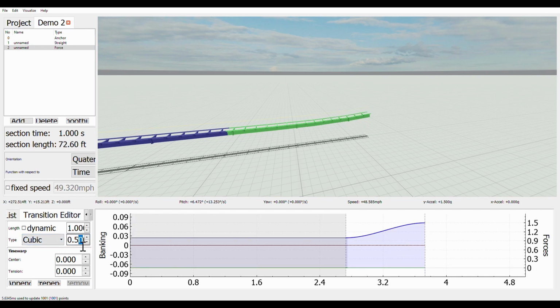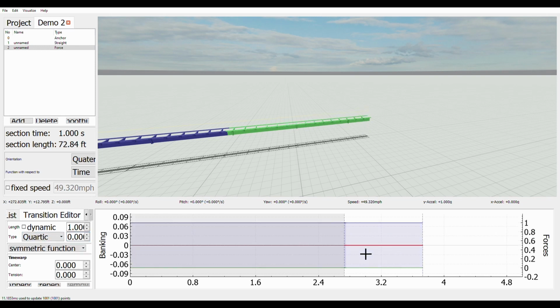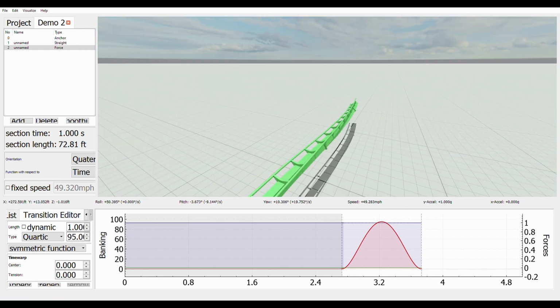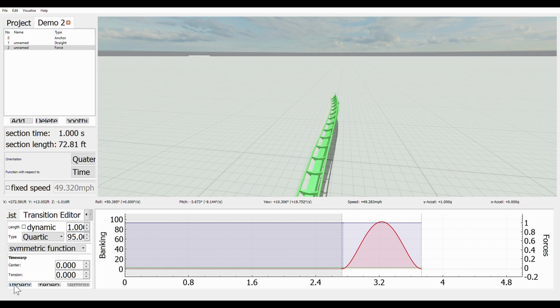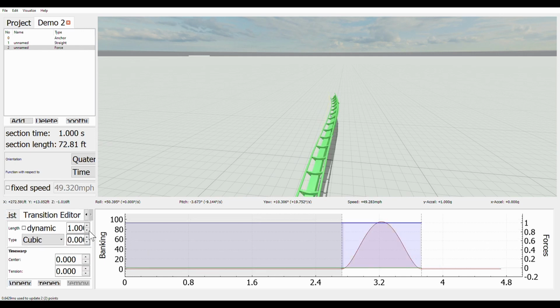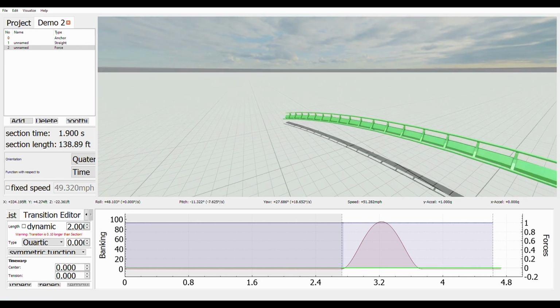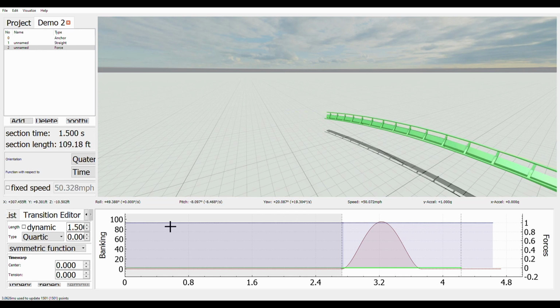Then we have red, which is the roll rate per second. Going down here, we're looking at the track spiking up to 100 degrees of roll per second and then back down to 0. If we were to theoretically just append here and add some more to both of these, then we can see how it banks and now the roll is constant. So let's just undo that, or actually,